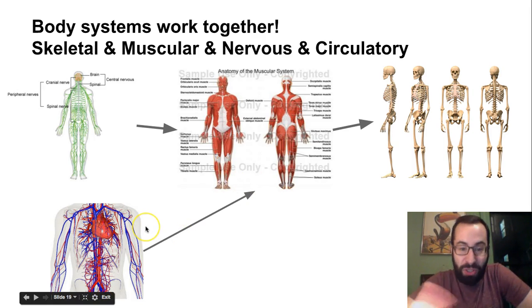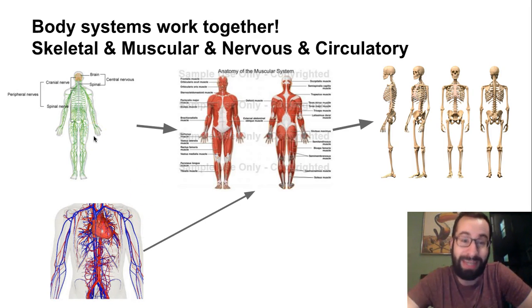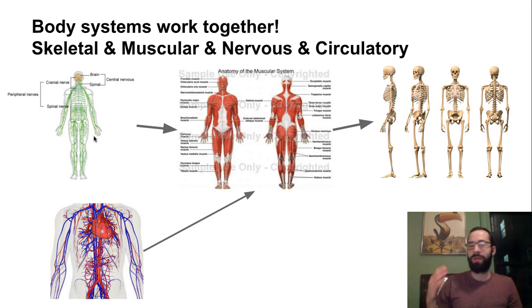Now, while this is happening, you need energy and oxygen to do this. Your circulatory system transports those things to your muscles to allow you to have enough energy for that to happen. I guess you could also say the same thing is true of the circulatory system transporting these things to your nervous system. In order for it to operate, it needs oxygen as well. So the point here is that these different body systems work together. There's a lot of similarities between unicellular organisms and multicellular organisms. The point here is that they all work together in order for you to live, have these life processes for metabolism to occur, and that is learning target for